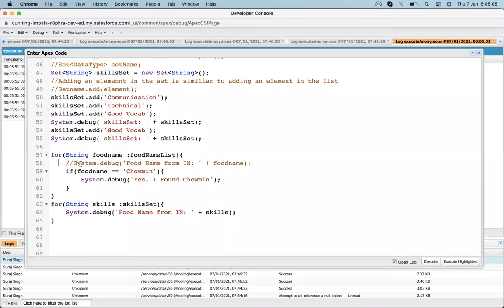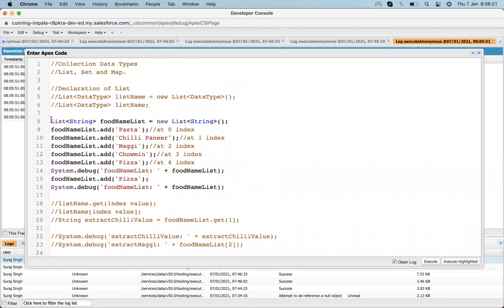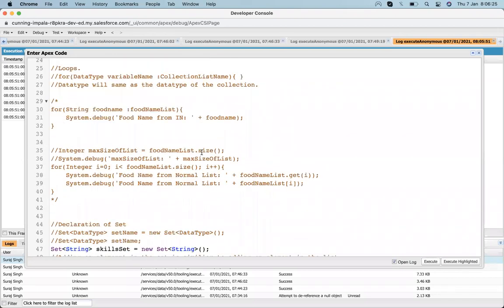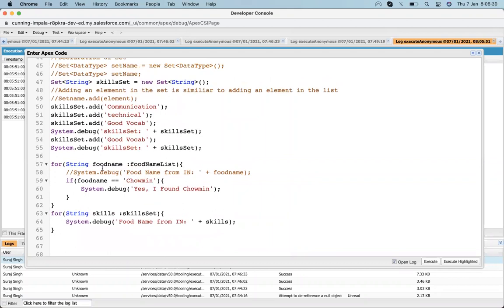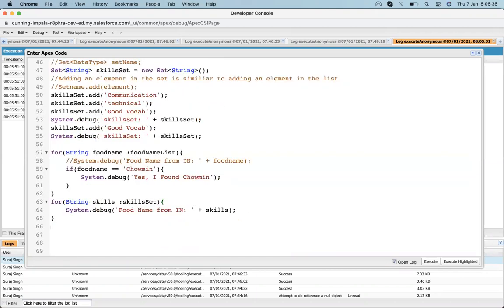So whenever we have to find an element in a list, we have to write a loop. Let me clear it so that everyone doesn't need to scroll. Or let me copy and paste it somewhere here.